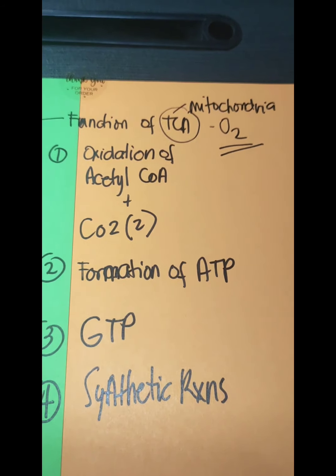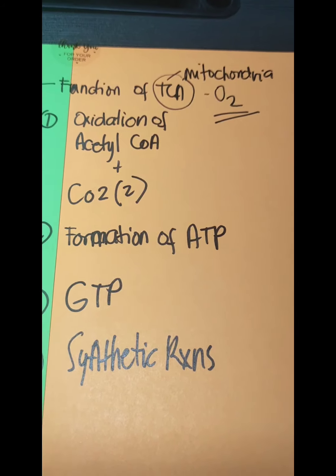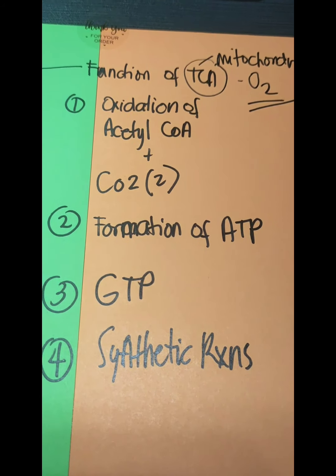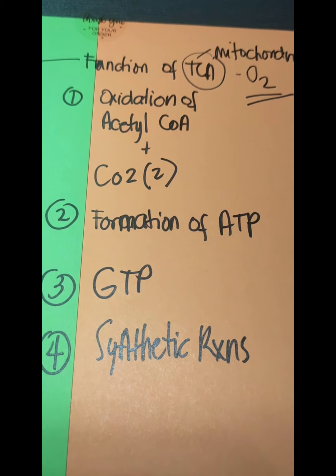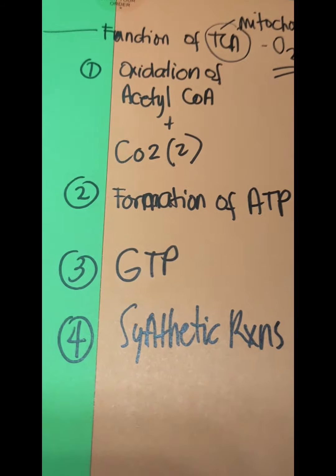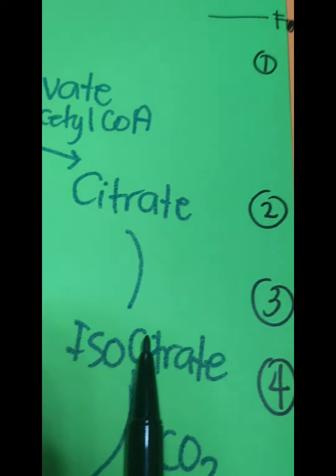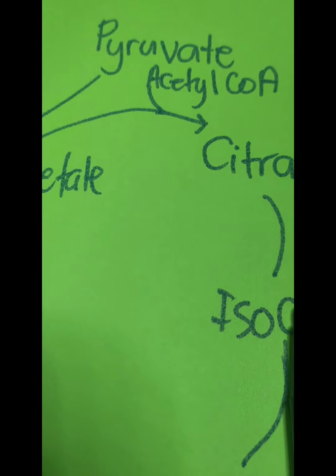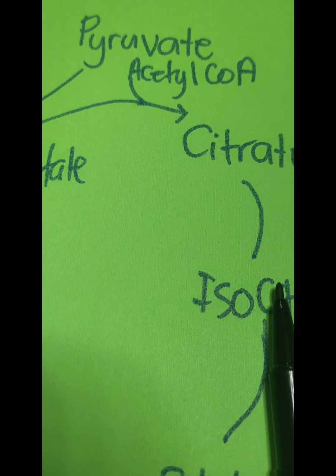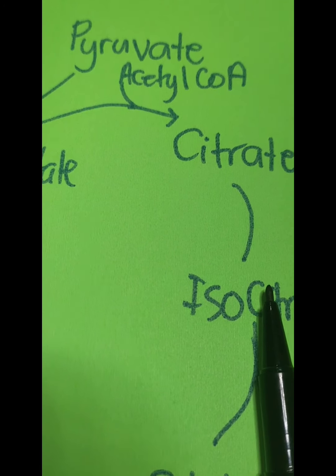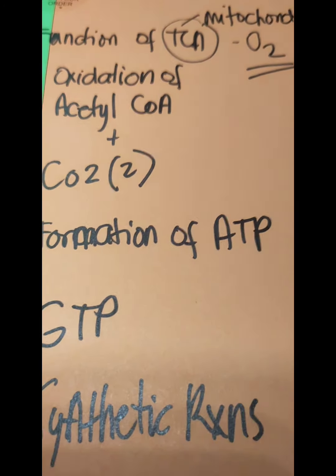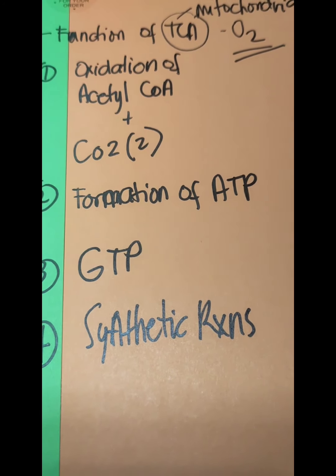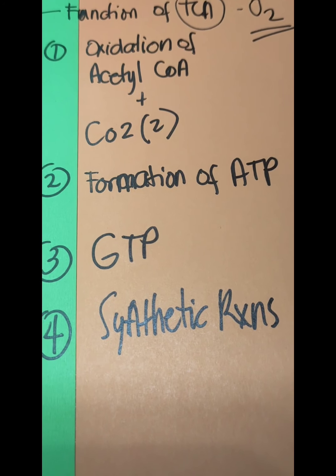So again, the piling up of your intermediates as a result of the TCA is called anaplerotic. What is important in the TCA is that the process will start on the presence of your acetyl-CoA. Sabi nga natin, yung function of your TCA, let me just enumerate it: oxidation of acetyl-CoA, and